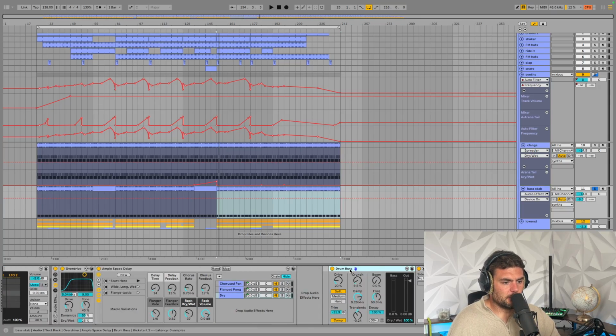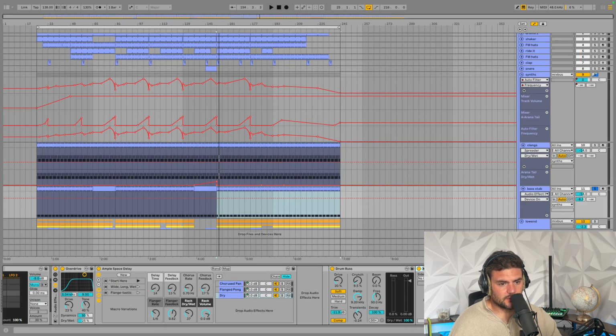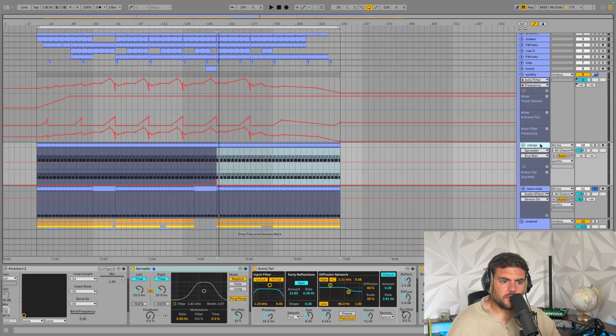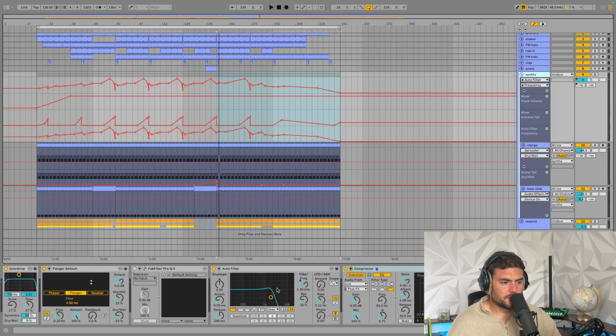We're going into a drum bus, standard settings, so taming the transients because there's a bit of reverb going on, compression, tiny bit of crunch, and that's going into a sidechain in the kickstart. There's a bit of reverb send as well. So that's basically it. Now I have a synth bus,